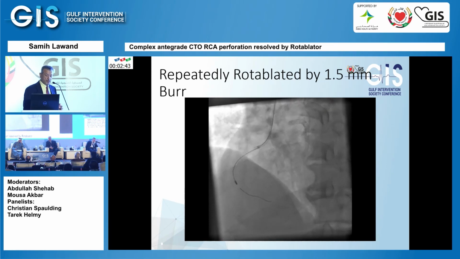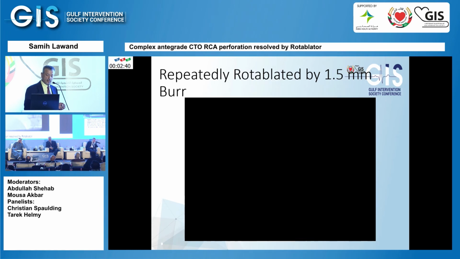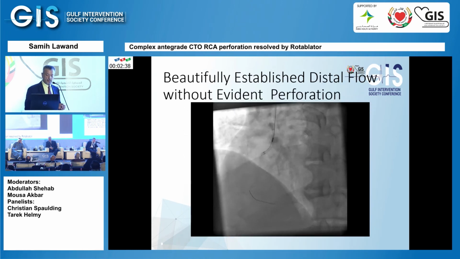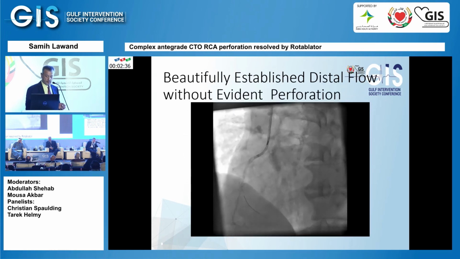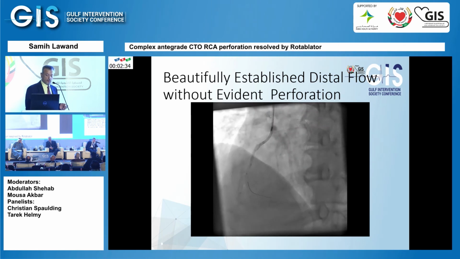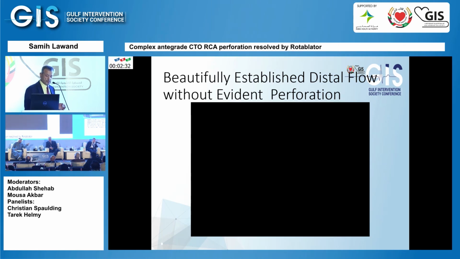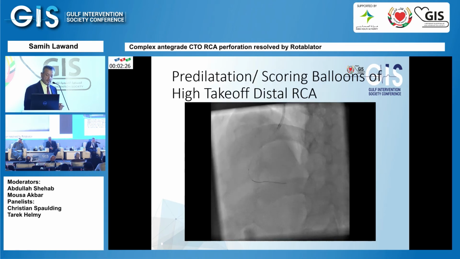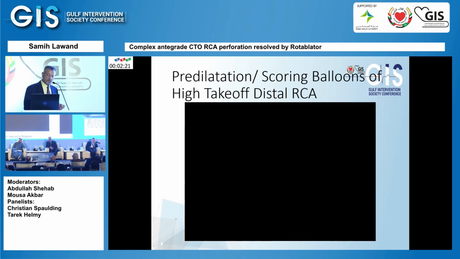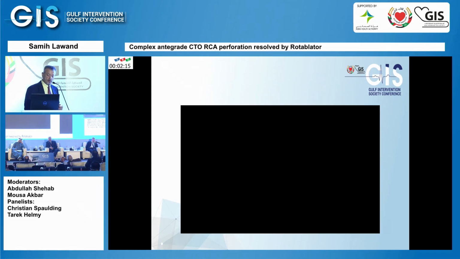And now it's the surprise. No more bleeding, no more perforations. And I have a good runoff, but it's an atypical type of RCA because the wire is actually in the PDA, in the PLV branch, which is high takeoff, and the other segment without. So I decided to treat the PLV branch